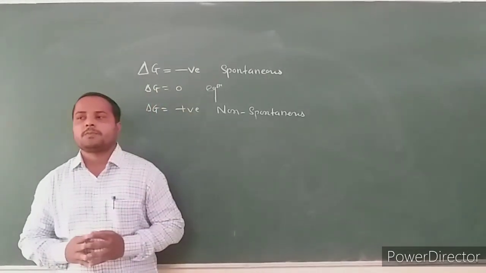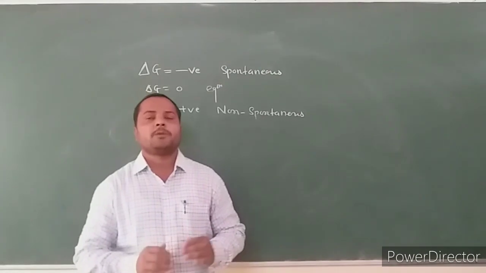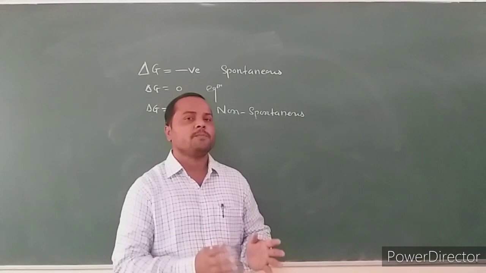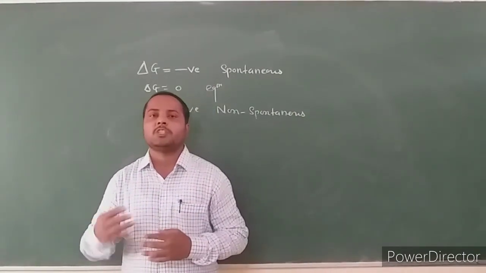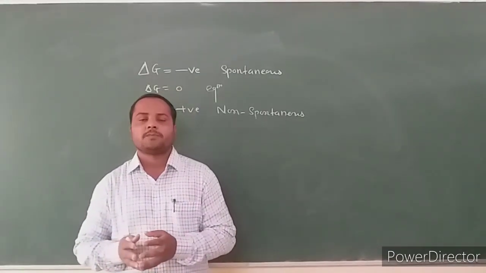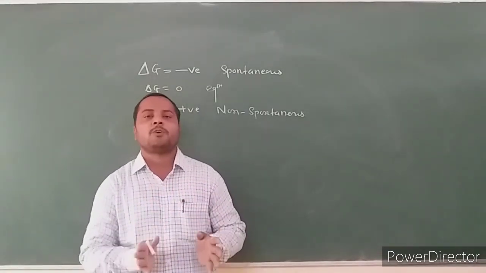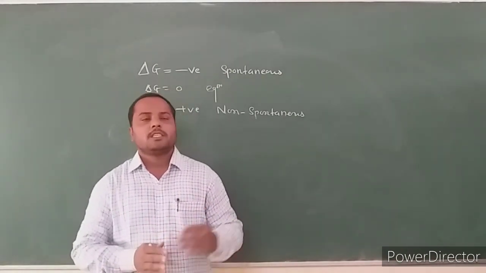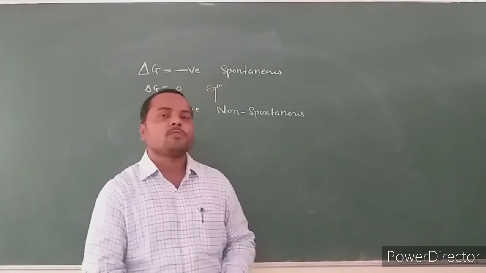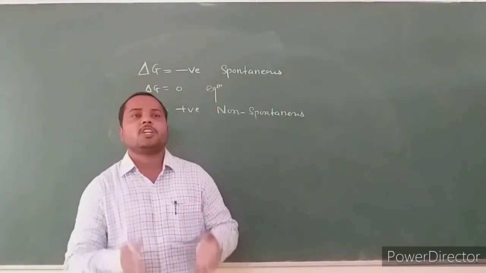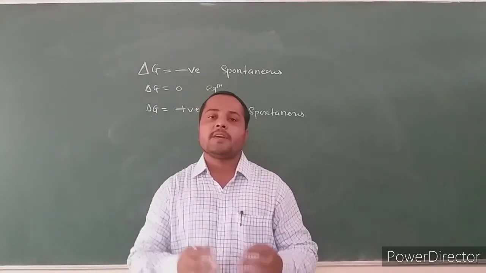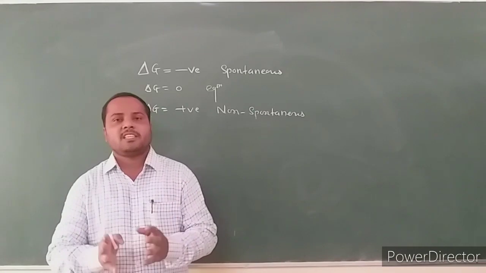Another limitation is that with the help of chemical thermodynamics, we cannot determine the mechanism of a chemical reaction. What is the mechanism? It is how reactants are converted into products, the stages through which reactants must be converted into the product. Chemical thermodynamics does not provide information about these stages. In order to study the mechanism and rate of a chemical reaction, the speed or velocity of the reaction, chemical kinetics study is used.